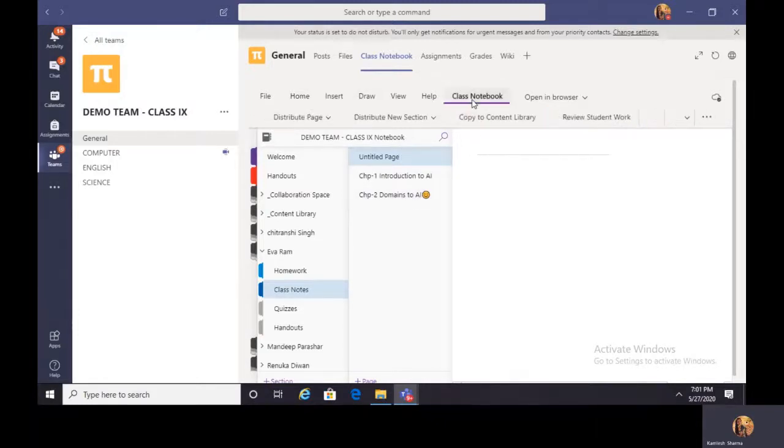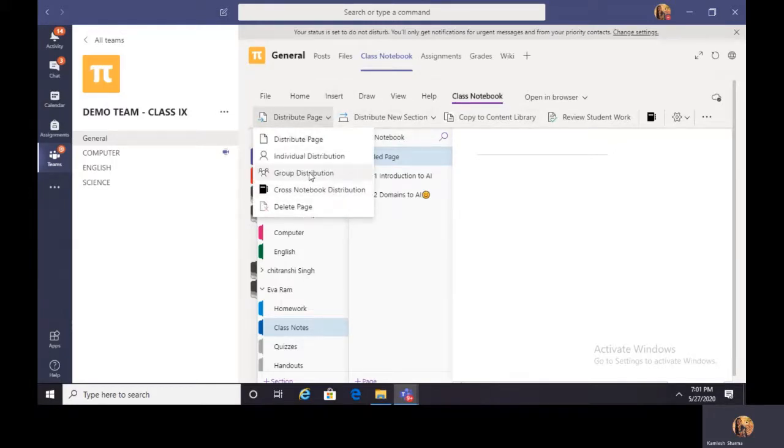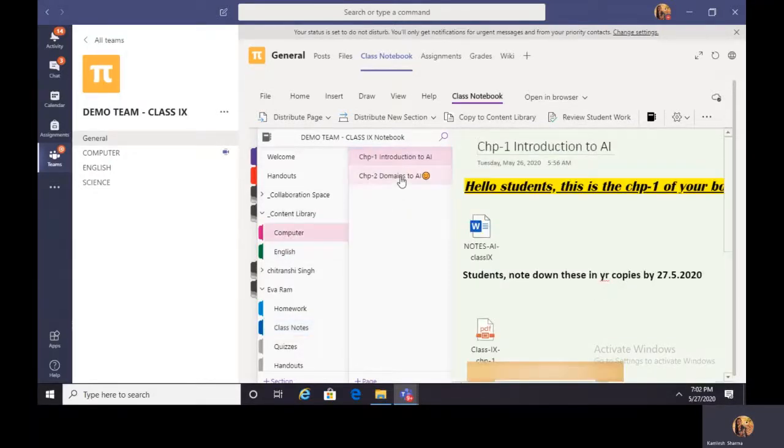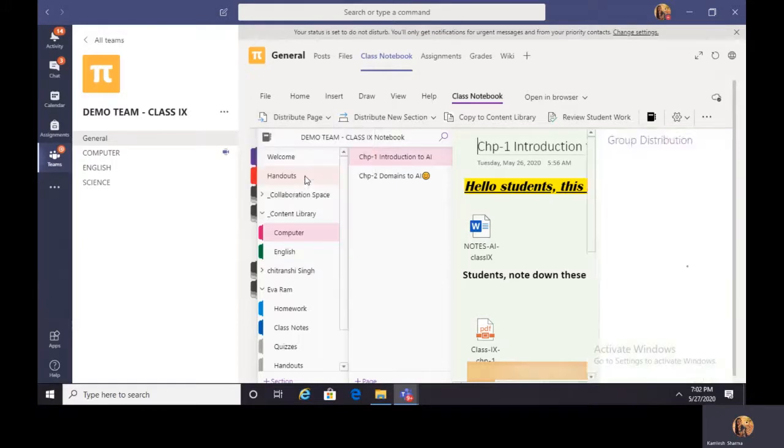Alright, now let us go to class notebook tab once again, and now let us try to distribute it to a group. Okay, suppose first let us go to the content library and select our section. Okay, I have distributed chapter number 1 to all the students, and I have distributed this chapter number 2 to only Evaram. Now suppose I want to send this chapter number 2 to a group. So for that you have to go to the group distribution,